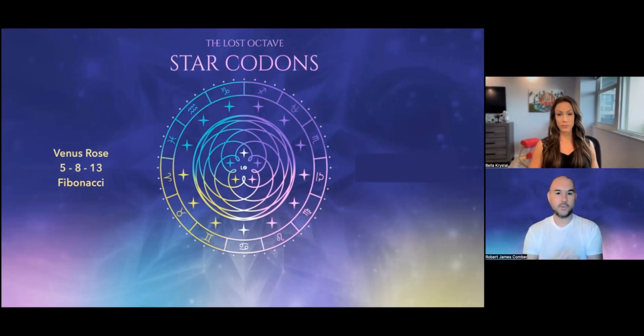Well, what you'll notice is that the Venus rose has these same geometries in it that are also the Fibonacci numbers. So we end up with this five, the five star codon main groups, then the eight, which is the octave, which is also the Venus rose calibration in the sky. And then it goes into 13, and that's like your 13 signs. And they're like harmonic numbers. And this is what I found within the star codons, that they're all harmonic numbers.